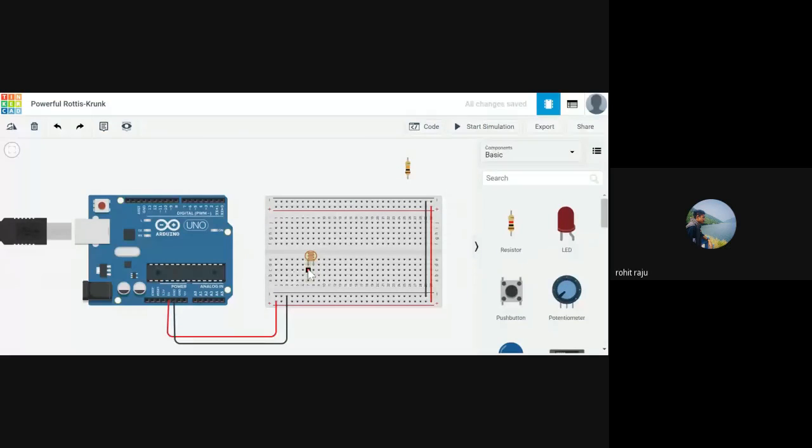Any of the holes in this column should be connected to 5 volts. So choose this or anything goes. I'm connecting it to power, which is 5 volts. You can make it red, it's up to you. And the other end goes to one of the analog pins. In this case, let's use A0.